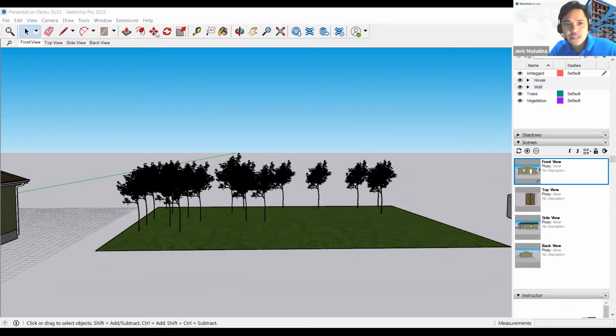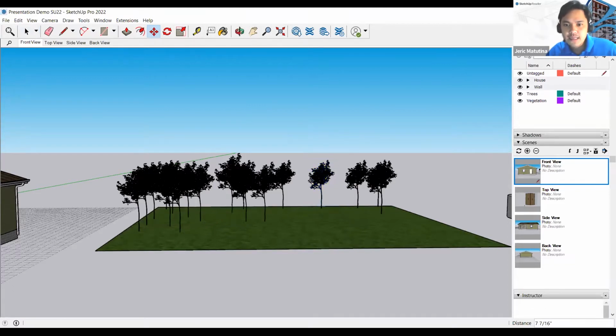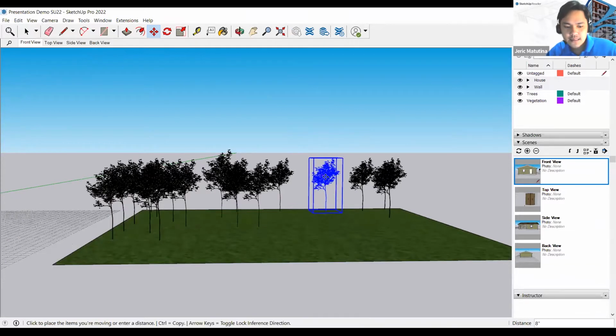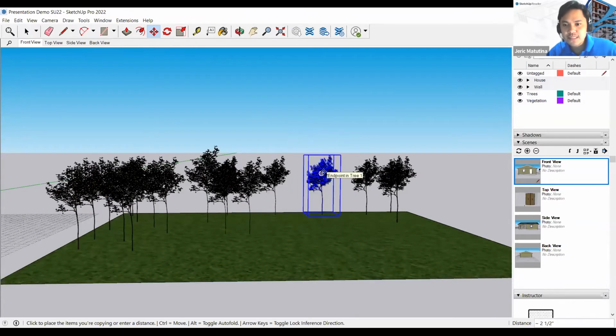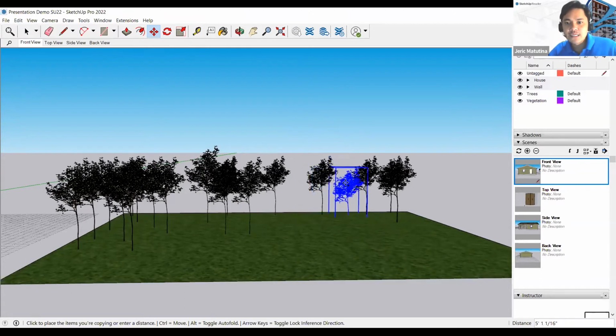And with that, so let's use the move tool and then simply click an object and then simply click a reference point from the selected elements and then click and then press control, and then makita natin meron tayong plus icon, meaning we can create additional objects na. So simply click sa any space sa drawing area and then